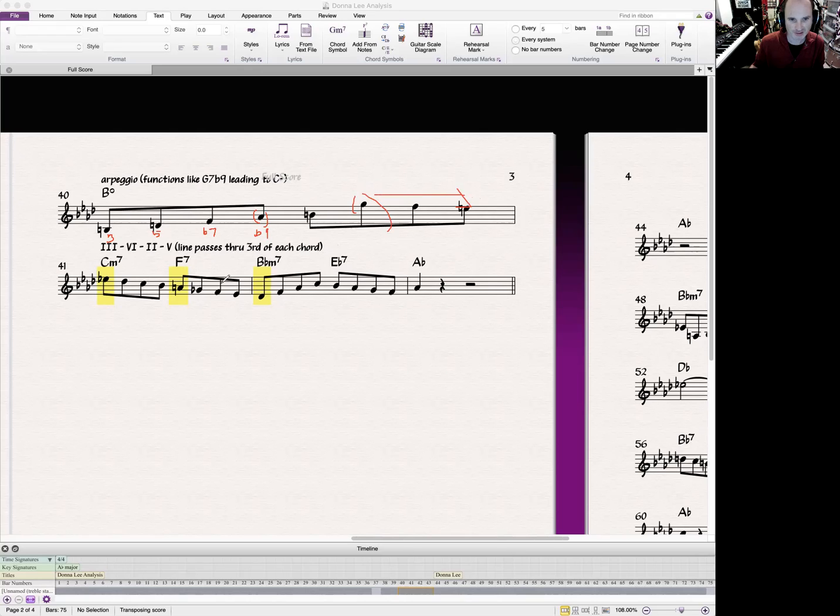I said the line passes through the third of each chord, meaning this is the third of C minor 7. Here's the third of F7. Here's the third of B flat minor 7. So it's just a straight descending line. Worth pointing out that this would be a flat 9 as a passing tone, which would be typical of a descending line heading towards a minor chord, the 5 chord heading towards a minor chord. And then just a simple arpeggio up,